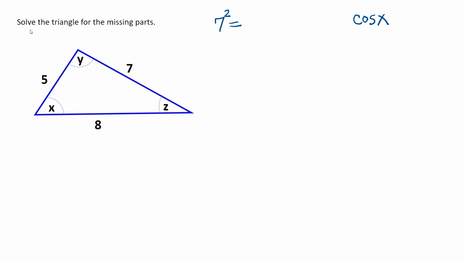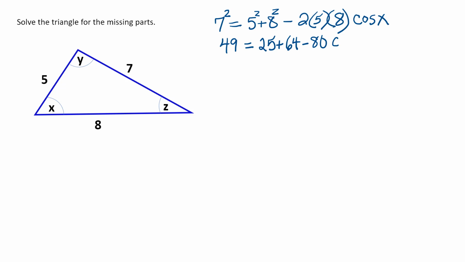Now I just fill in the other sides where they go in the law of cosines. 5 squared plus 8 squared minus 2 times 5 times 8. Now I will multiply all that out, and I'll have 49 equals 25 plus 64 minus 80 cosine x. If I add 25 and 64 to get 89 and subtract that on the left, I will have negative 80